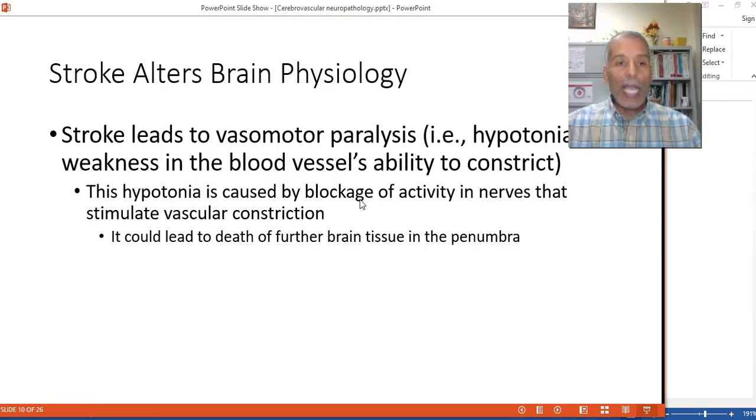One major effect of strokes is that they alter the physiology of the brain. How do they do that? Number one, the blood vessels in the brain raise pressure and lower it based on the level of gases and based on the nutritional needs of the brain. So